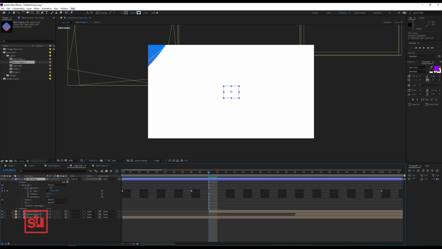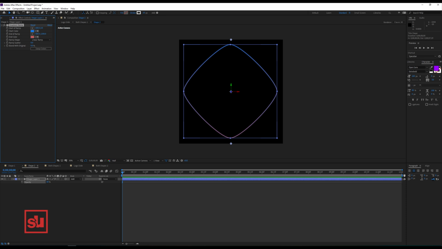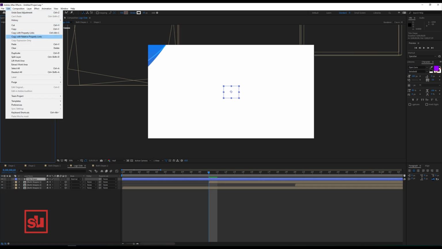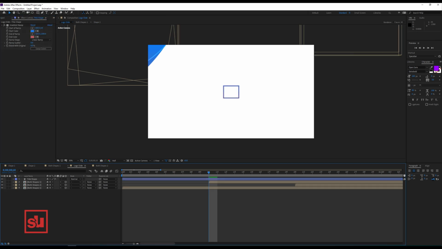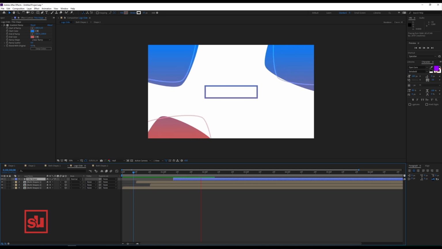Now let's add the stroke for this, 10 pixels. Let's select gradient ramp, duplicate, copy, and let's paste it on this title shape so we have gradient stroke on this. Let's move this layer 1 second like this, and